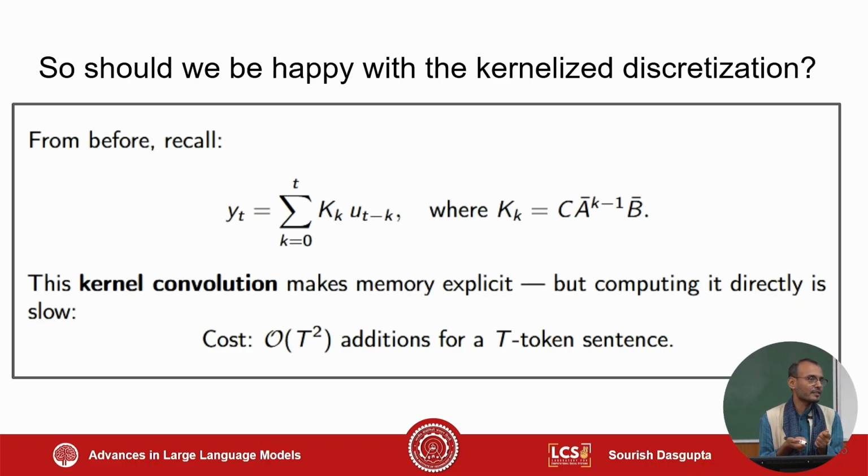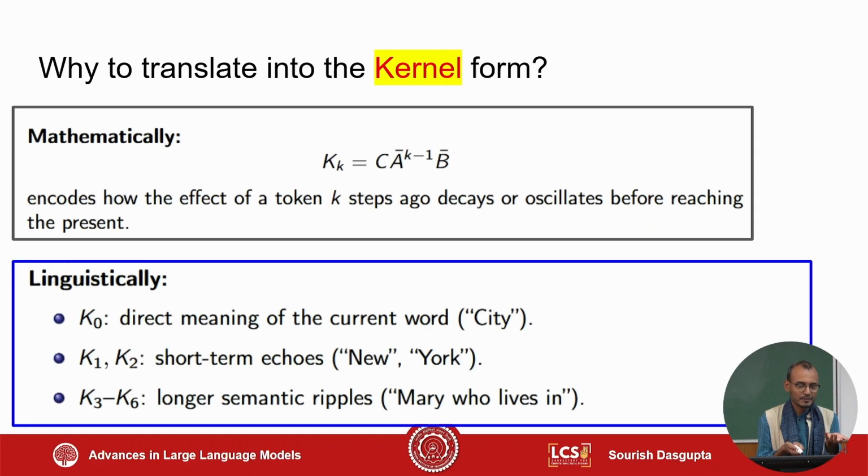So this summation, which is the convolution, has a very neat analogy with what happens in self-attention. The only difference is that in self-attention, the kernel is basically a dot product between the query and the key. Over here, you don't have that concept. You're just using the A matrix and the B matrix, the discretized versions of them, in order to create this kernel. So again, going back, the kernel is basically this,